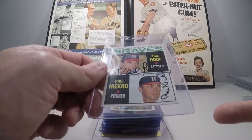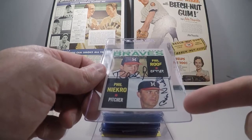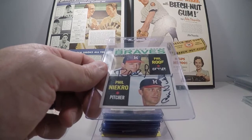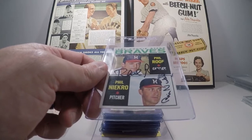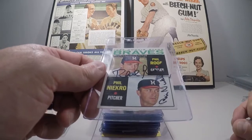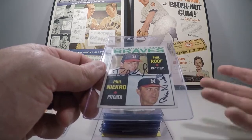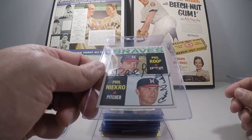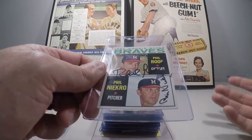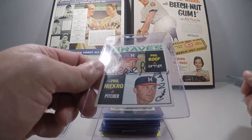Now, this card came in a deal where it was all index cards mostly, and this was the only baseball card in the deal. So I picked up a signed index card collection over the summer, and this card was in there. I was like, wow, that's cool. So I was like, eventually when I let my PSA DNA cards build up, I was going to send this in. But even furthermore, we just lost Phil Niekro, unfortunately, at the end of December, I think December 28th. And